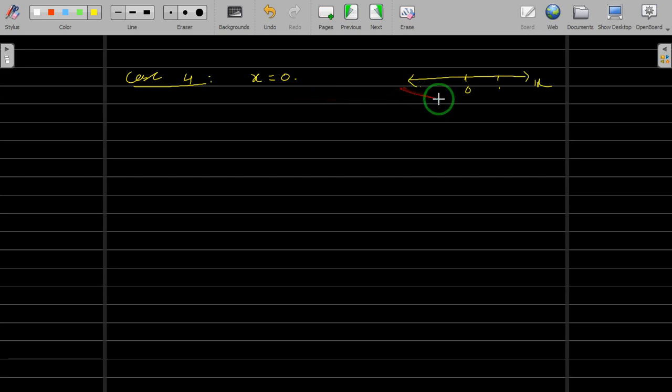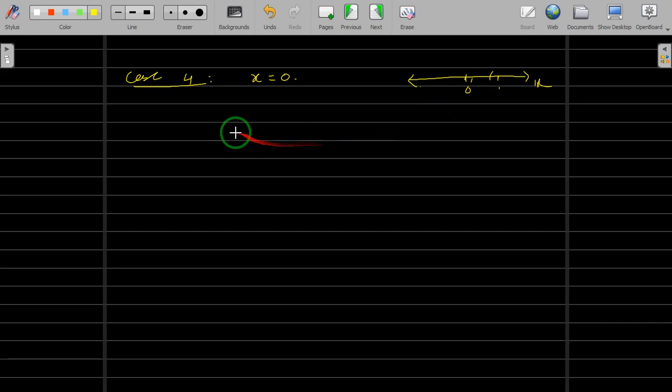It is a limit point because no matter how small a neighborhood you take of this 0, it will always intersect (0, 1). And again, for case 5, no matter how small a neighborhood you take around 1, it will always intersect it. For 0 you have to take the right side, and for 1 you have to go to the left side. In fact, it will contain infinitely many points.